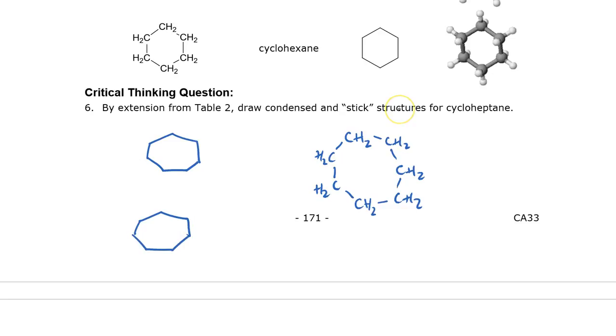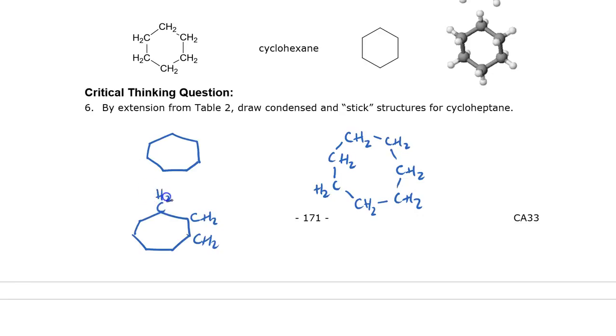And then to get the condensed structure, so I drew them in opposite order. There's the stick structure. To get the condensed structure, you have CH2s. Notice that it doesn't really matter if I put the H's to the left or the right of the carbon. So if you wrote your CH2 like this, that would be equally fine. Nothing wrong with that. What sometimes students will do is they'll draw it like this, and then they'll put the CH2s out to the side, like this.